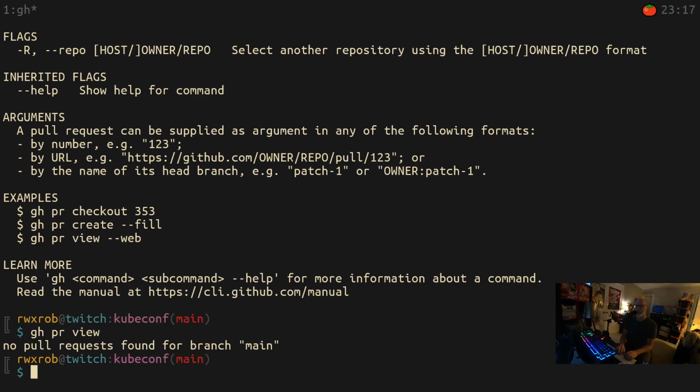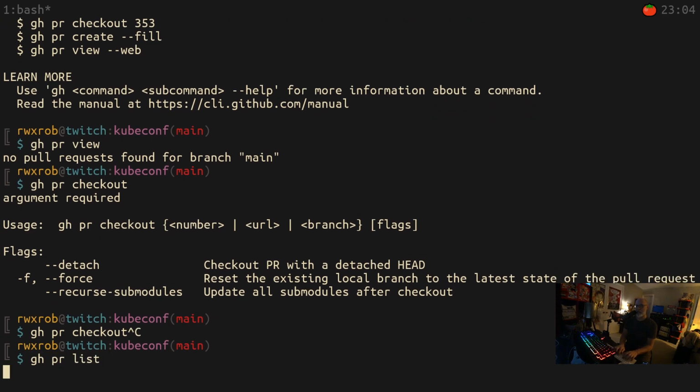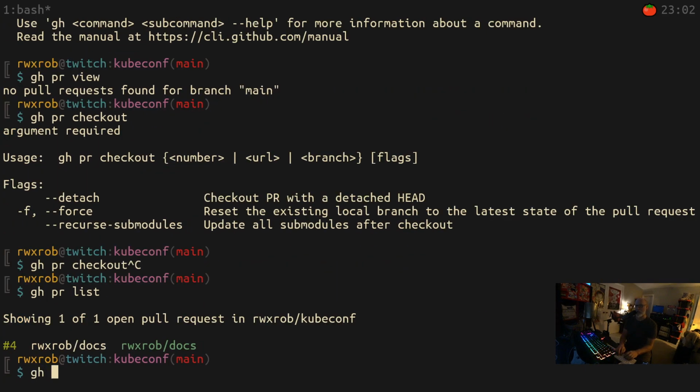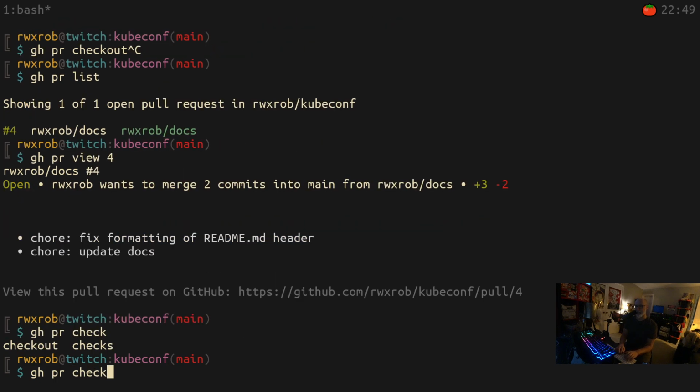View. No pull request found. Okay, gh pr checkout. So you can check out, and it'll check out the latest one if there's only one. So it's PR 1, right? gh pr list. gh pr view 4. gh pr checkout 4,